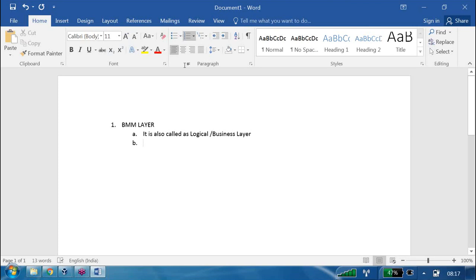Second point: logical layer or business layer is nothing but BMM layer.